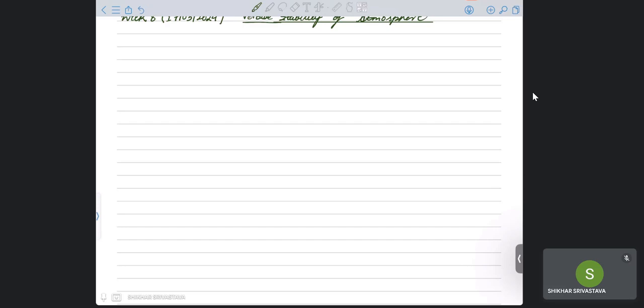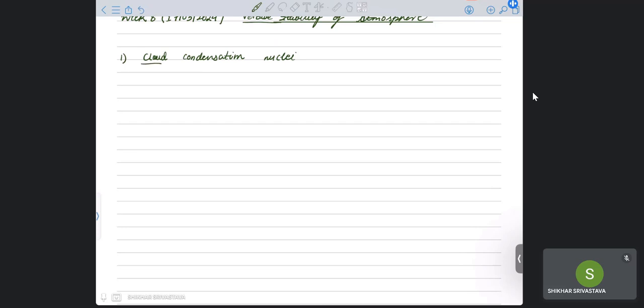Sir, can you tell a bit more about cloud condensation nuclei? A bit more about cloud condensation nuclei. What I will do is cover it in detail in the next class. But one thing which you should understand is the importance of this cloud condensation nuclei. So as the name suggests,